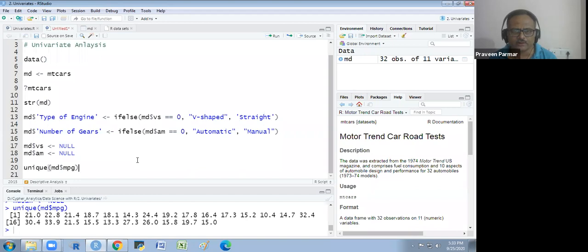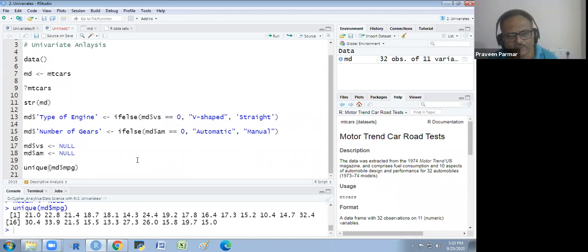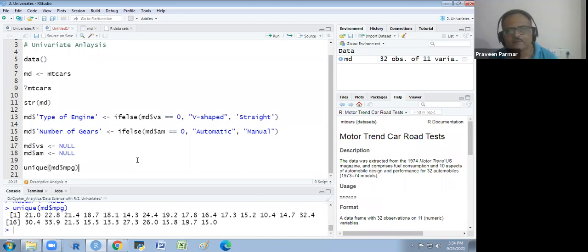Out of 32, we are getting 25. Is it discrete or continuous? We have only 32 observations. Out of 32, we are getting 25 unique values.